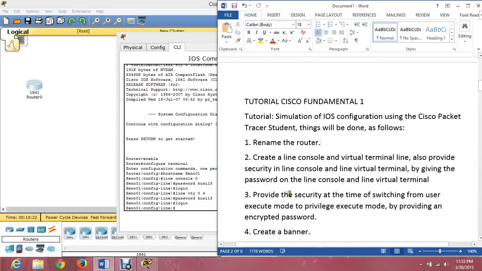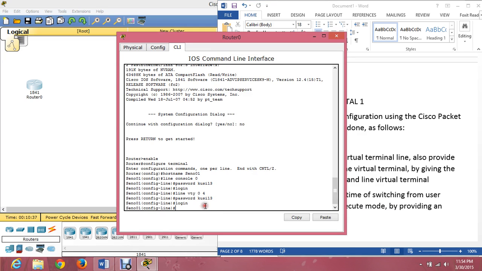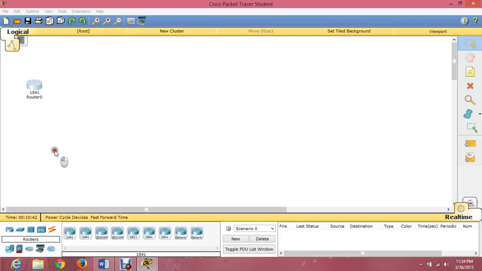Next, we will provide security at the time of switching from user execute mode to privileged execute mode by providing an encrypted password. Just follow these steps. Go to the worksheet and in the end devices, select Computer and choose generic computer in the device details. Put it on our worksheet.